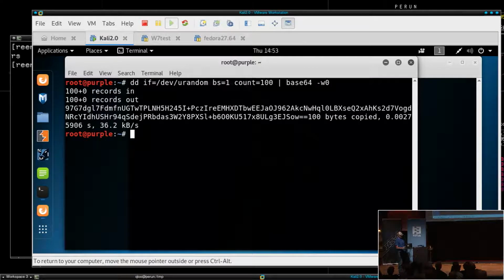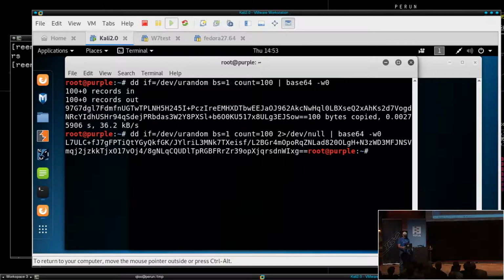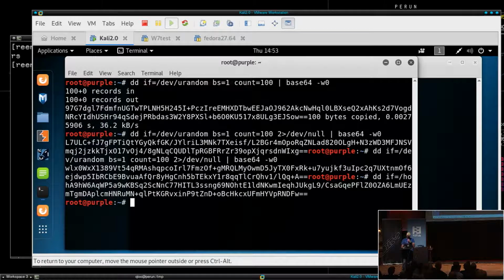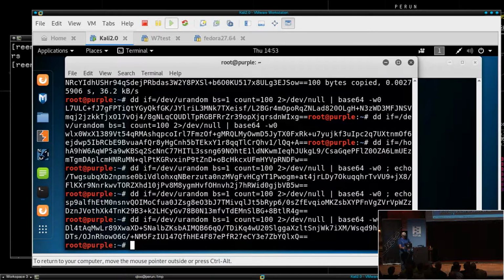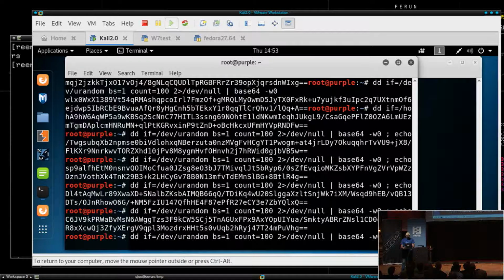There's some stuff which we do not know, so let's send it to /dev/null. All right, so we can add even echo at the end. So every time we have something like that, but it's not that convenient. Instead, what we can do is put it in a variable, and then take this variable.